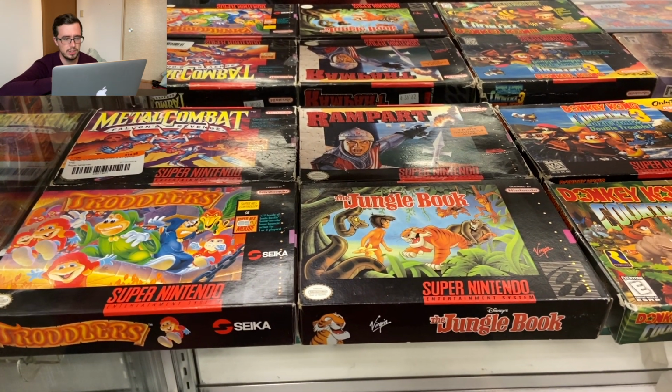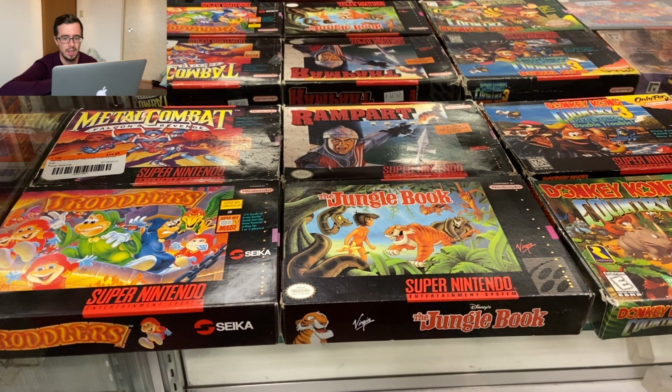Moving on, let's look at these complete boxes. Man, look at this. This is wild. So, you know, what I've shown from the Hard Offs here in Japan, even if you go to a Hard Off that doesn't have a lot, you'll at least get a lot of the staples. You'll find your Marios, you'll find your Donkey Kongs, and I'm interested to see how much these Donkey Kongs cost, because there's some games that I've been looking for in Japanese, complete in box, so I do know the prices